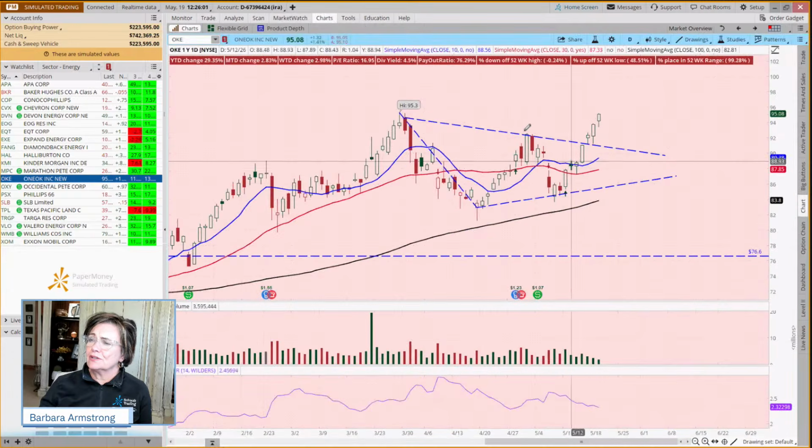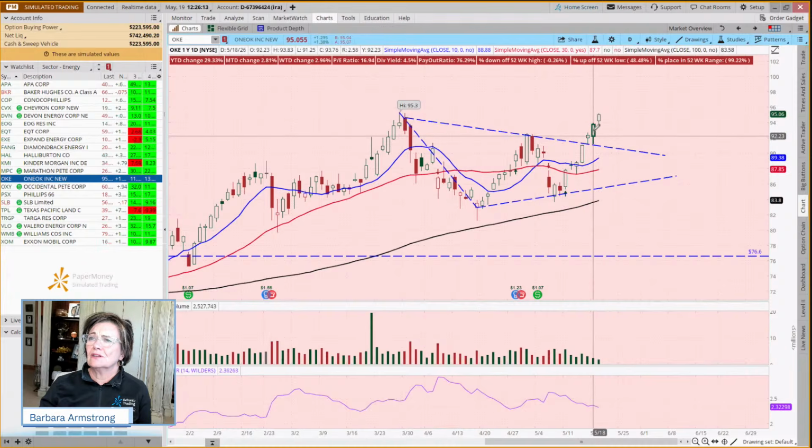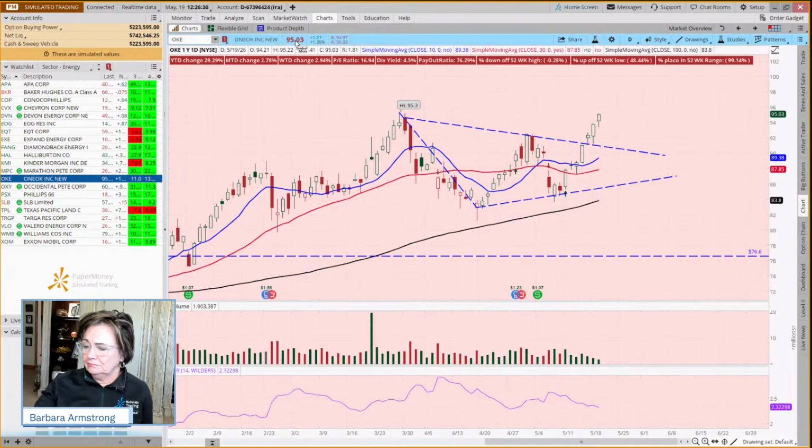Now, where might we want to put a stop? Well, we might say we see this as being a support level here, around this line, maybe 90. Well, on this day, what did it close at? 91.25. So if we said 91.25, if it goes 3% below that, we want out. So that would be 88.51. And so we're risking about $6.50 a share.